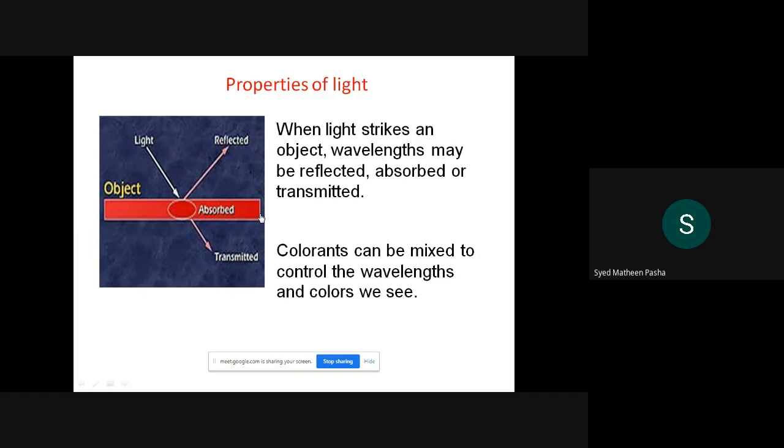When white light is incident upon an object, that is, the light from the light source falls on an object, some frequencies are reflected and some are absorbed by the object. So this is the point you need to remember.